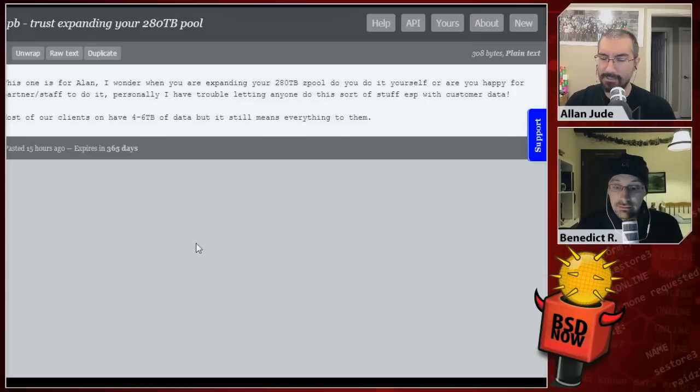I happen to have done that one myself. I would be comfortable with having someone else do it as well. The big thing is do it the first time with the -n flag, the no-op flag. So it won't actually do it. It'll just print out what the pool will look like afterwards. Look at that carefully, make sure it's right. If it is, take out the -n, and it works. Yeah.